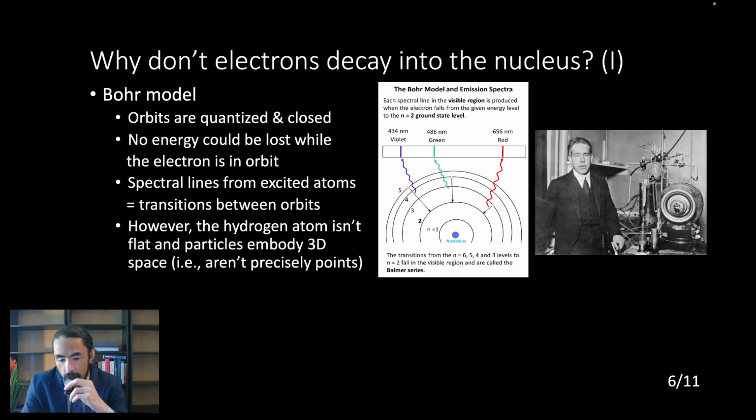You could say, oh, well, I thought the principal quantum number n equals 1 is the ground state level. Well, okay, it says here at the bottom, the transitions from the n equals 6, 5, 4, and 3 levels to n equals 2 fall in the visible region. That's the key part here. Falling down to the n equals 2 energy level leads to emission spectral lines, which are in the visible region. These lines, so the violet, green, and red lines, which are observed for the hydrogen atom, these are called the